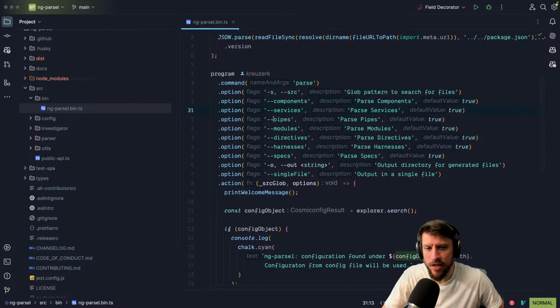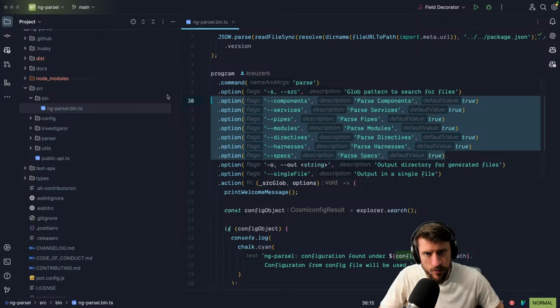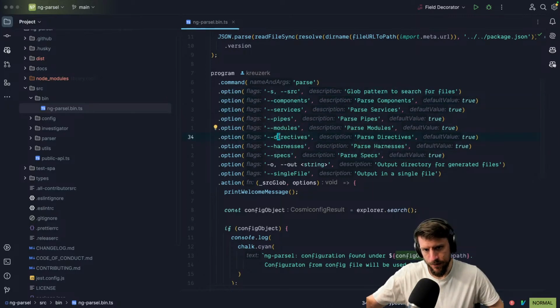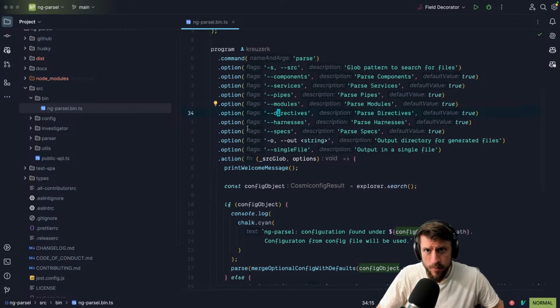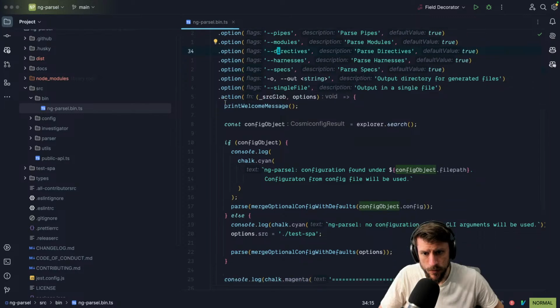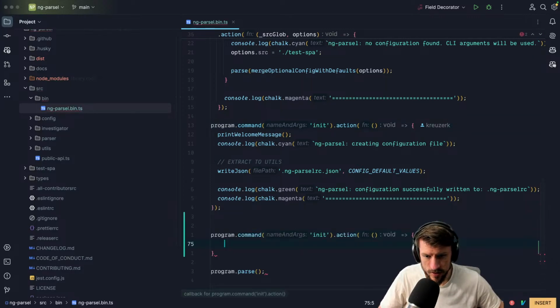This one we could think about filtering, but you can see what we are actually parsing at the moment. So we are parsing components, services, pipes, modules, directives, harnesses, and specs. We have also an init command. So the first thing that we for sure need to do is something like this. We need to go and we need to say